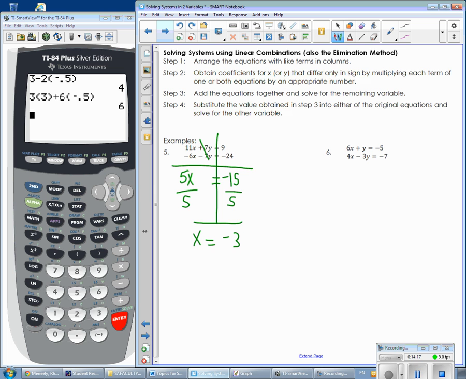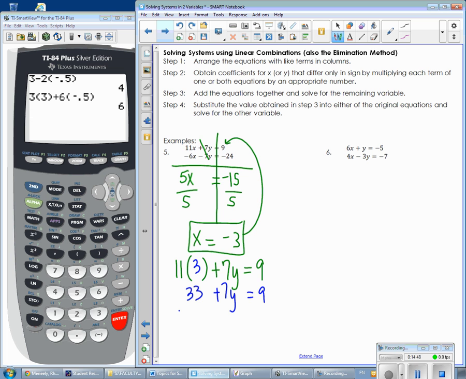And now I'm going to go back and do what I did with the substitution method. Once I know one of the variables, I can go ahead and plug it in, and it doesn't matter which equation I choose. I can solve for the other variable. So let's go ahead and plug it into the first equation. The first equation was 11 times x, I'm going to put that in parentheses, plus 7y is equal to 9. And so what I want to do is replace the x with the 3. 11 times 3 is 33. And I still have the plus 7y, and that equals 9. If I subtract 33 from both sides,